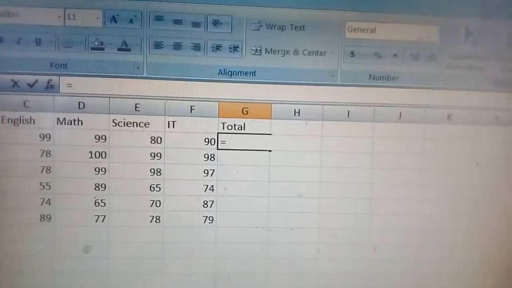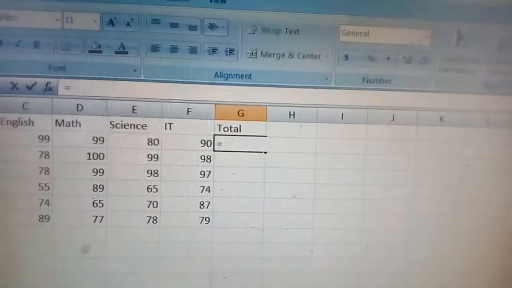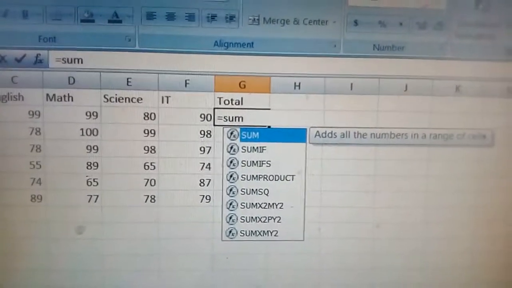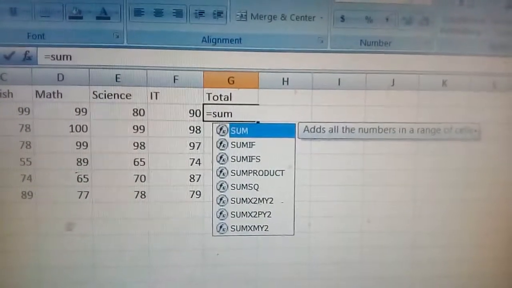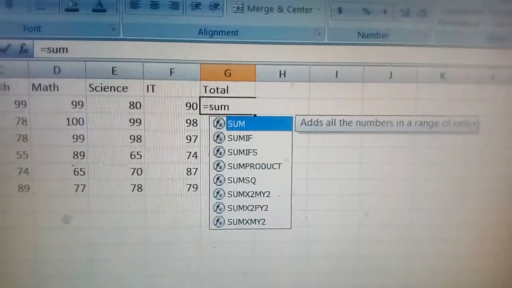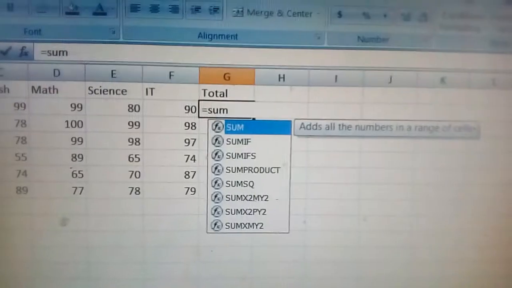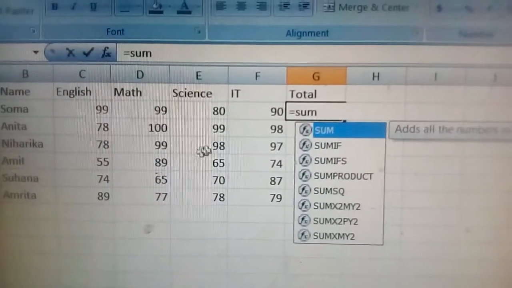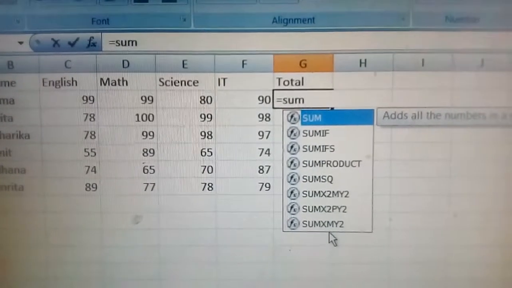Function name is sum. When you write sum, all sum related functions will come here. These are built-in functions. Already these are in computer memory.